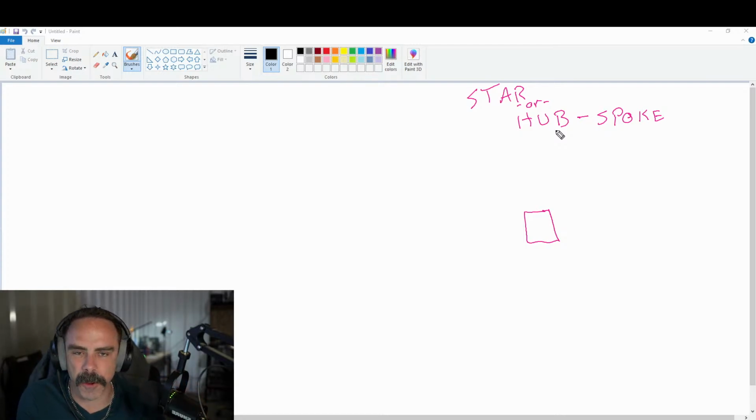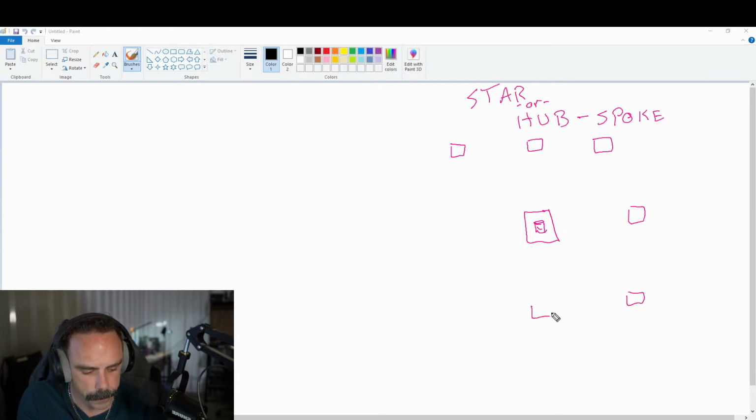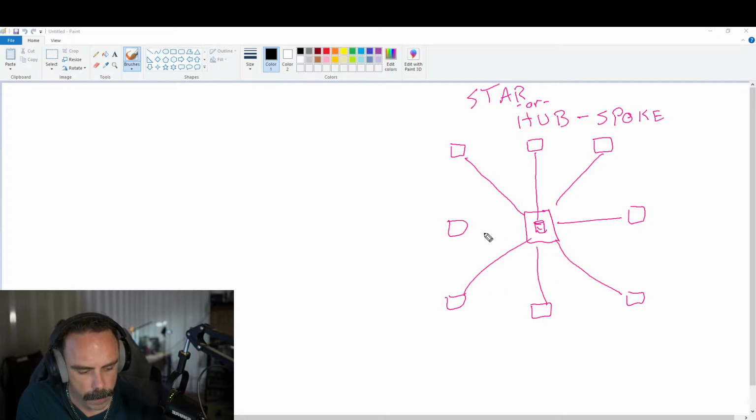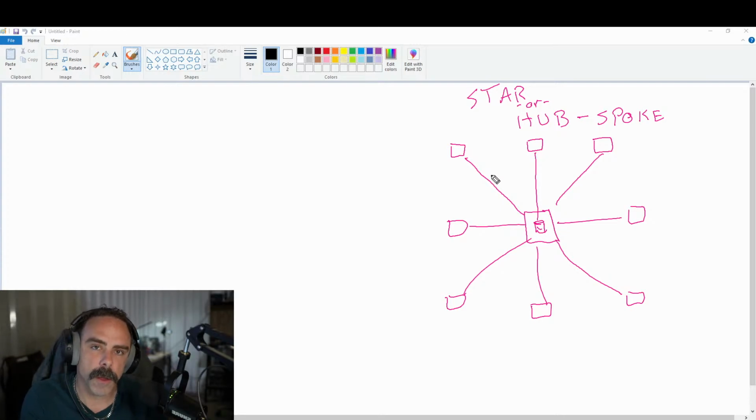The reason we call it a star or hub and spoke is because you have your central device, say your server or your PLC, whatever you want, and then you go out to your other network devices out in the field, and you go directly to each one. So you make a connection to each one. In this case, with 8 devices and a central device, this would require 8 ports minimum,